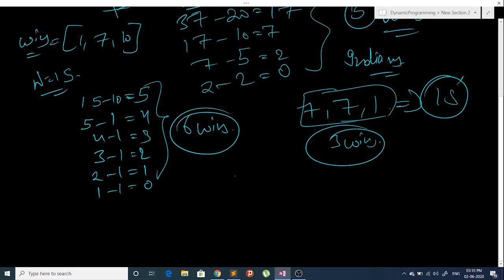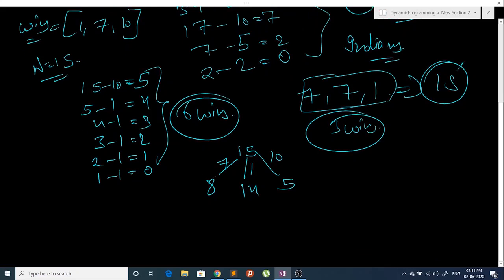Now for 15, let's say you use 7, or 1, or we have the option of 10. So if we use 7 we will get 8, if we use 1 we will get 14, if we use 10 we will have 5. Let's say these are the subproblems.